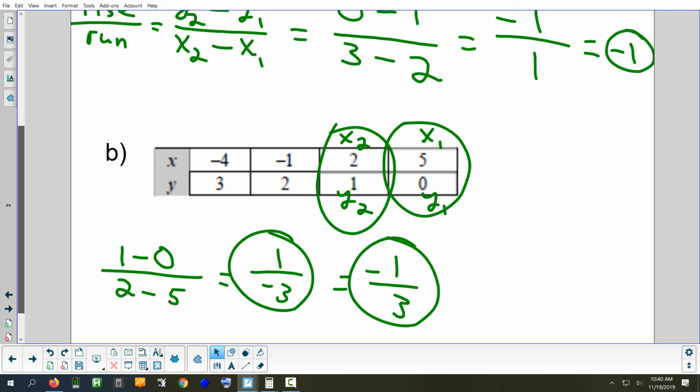So that means this one has a negative slope. Yep, it would slant down. If you were to draw it, it would look something like this. Okay, any questions before we look at the last one? Okay, so let's